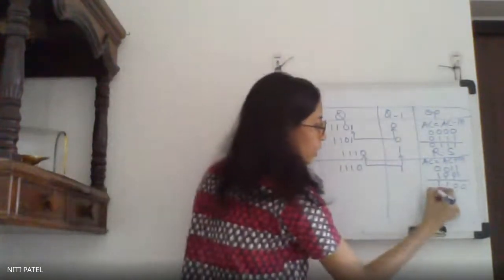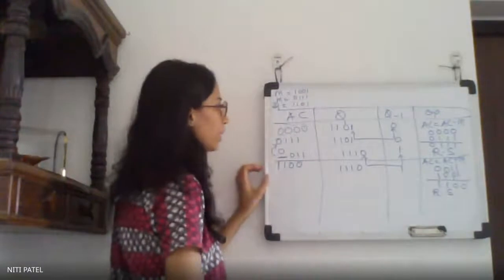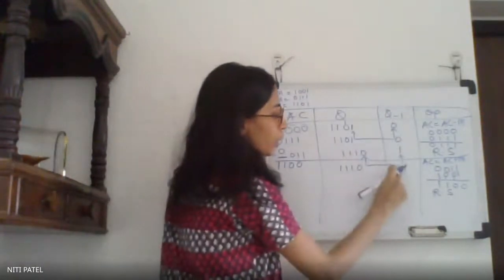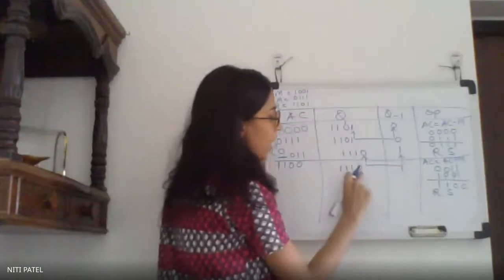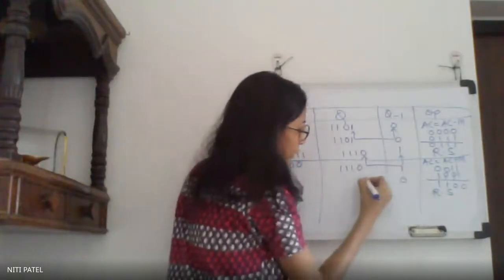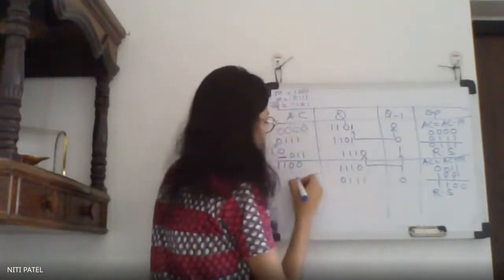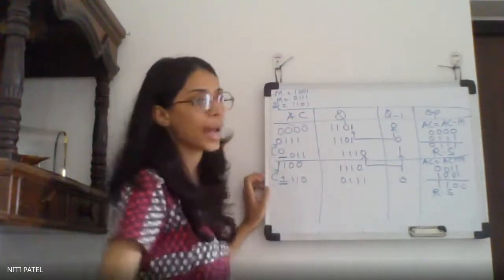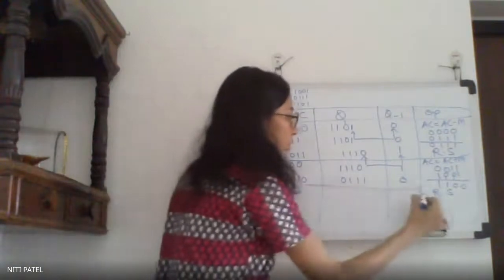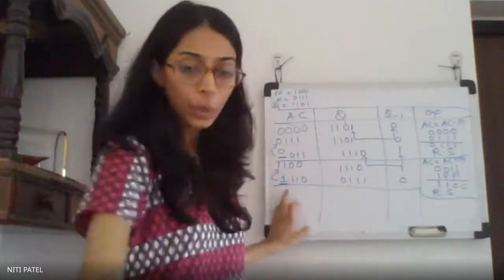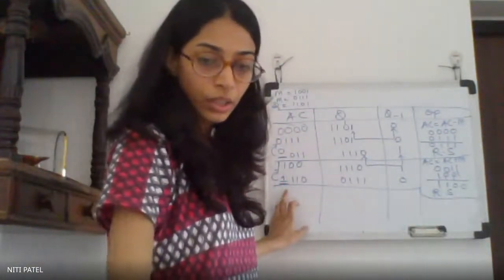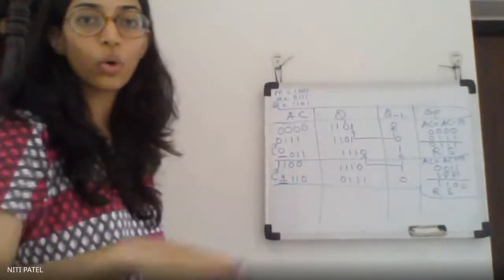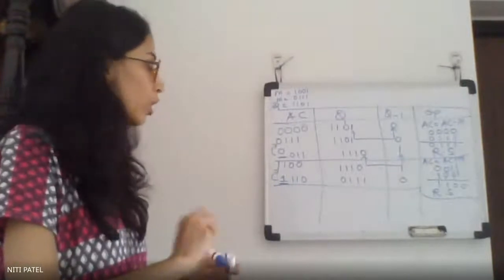After the operation is done, do right shift of bits in AC, Q and Q minus 1. When I do right shift, this 1 gets discarded. The 0 will be copied here. All the remaining bits will be shifted. And if I do not have the fourth bit, the previous bit is copied as it is. So the result of your second cycle is 1110, 0111, and then 0. Is it matching with your cycle?